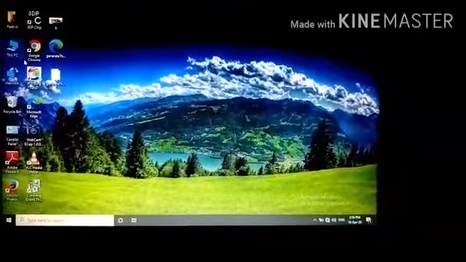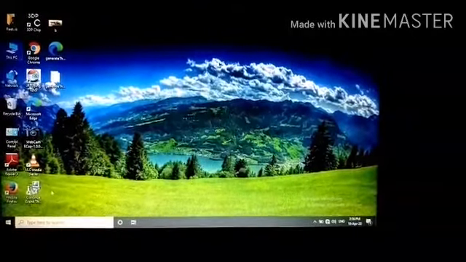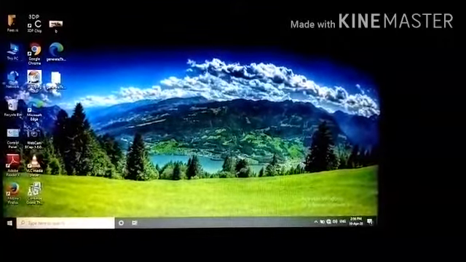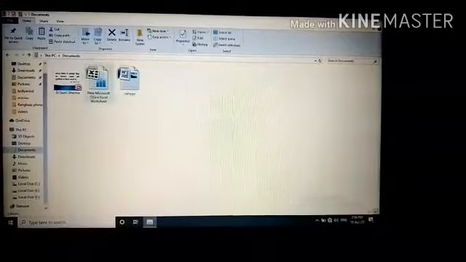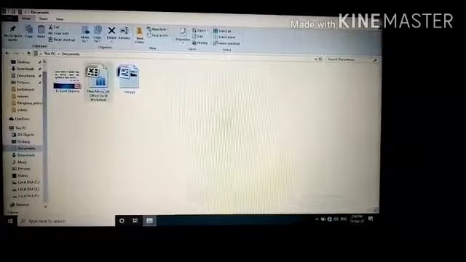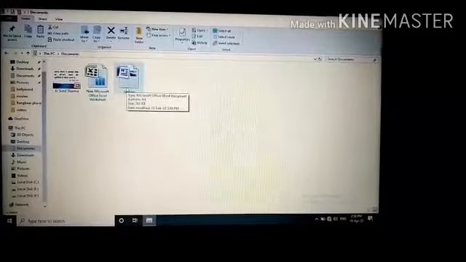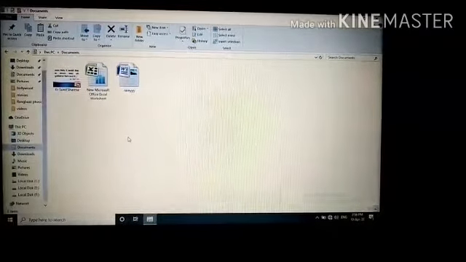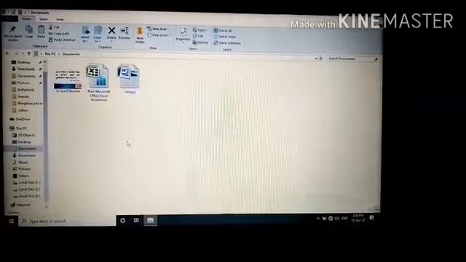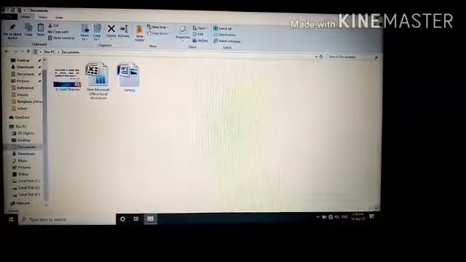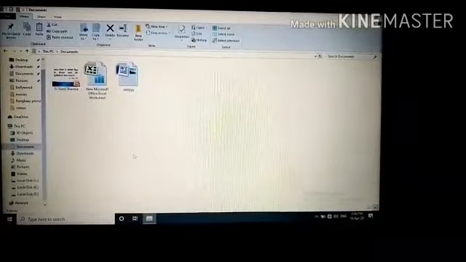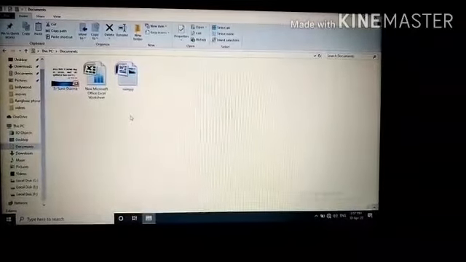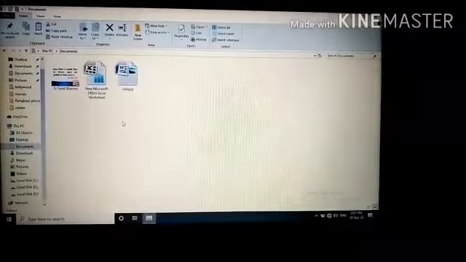Friends, according to our syllabus, we will study about files and folders. We click here, then click Documents. These are the three types of files: PowerPoint file, MS Excel file and MS Word file. A file is a collection of information. It is a single document that may contain text, letters or essays, pictures, sound, movies, etc. Different types of files have different icons. Each icon of a specific file has characteristics for quick identification.